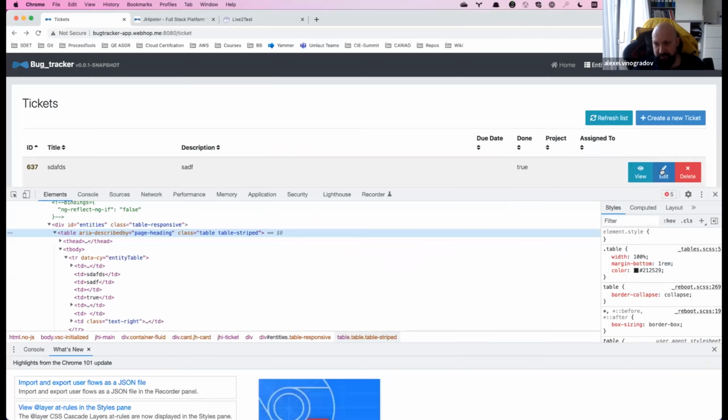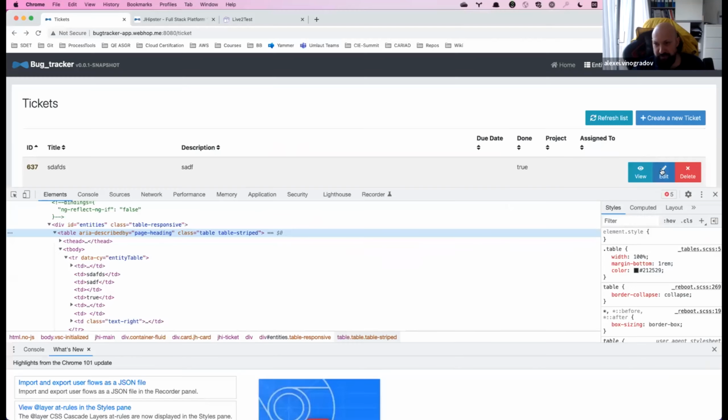The last helper method this time is for deleting the ticket, depending on the title. Here we just need two steps, because after I click on delete, a pop-up message comes, so I need to click delete once again.